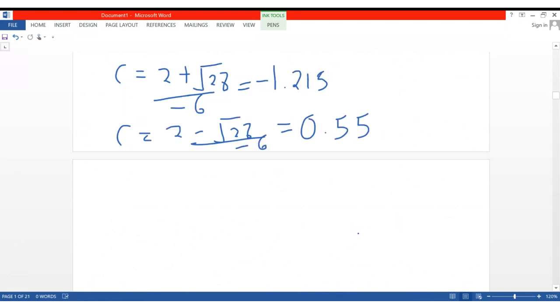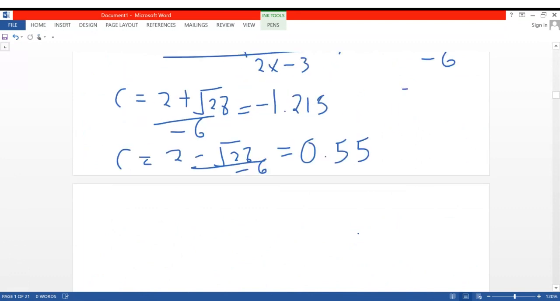Negative 2, 1. So I write here the interval negative 2 and 1. So I confirm between these two values, which one will be in between the interval? And we can see all values are in between the interval. That is correct. 2 plus square root of 28,